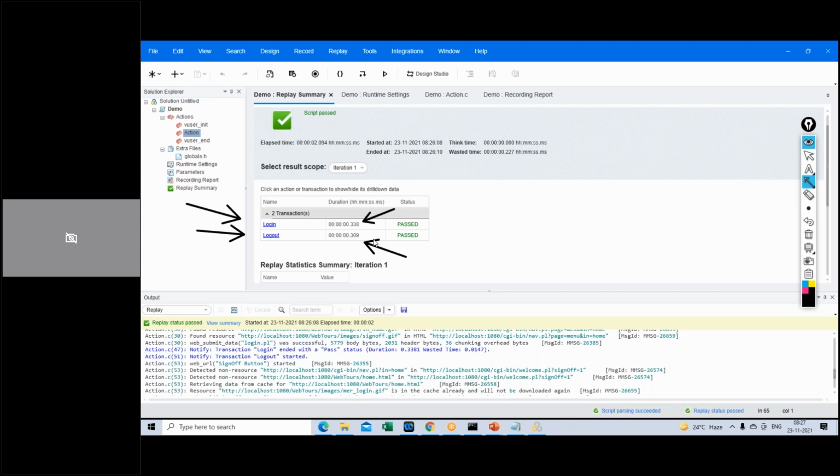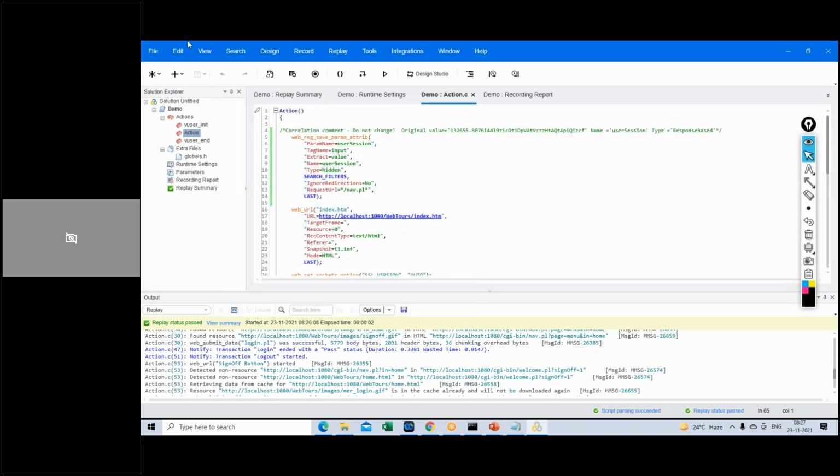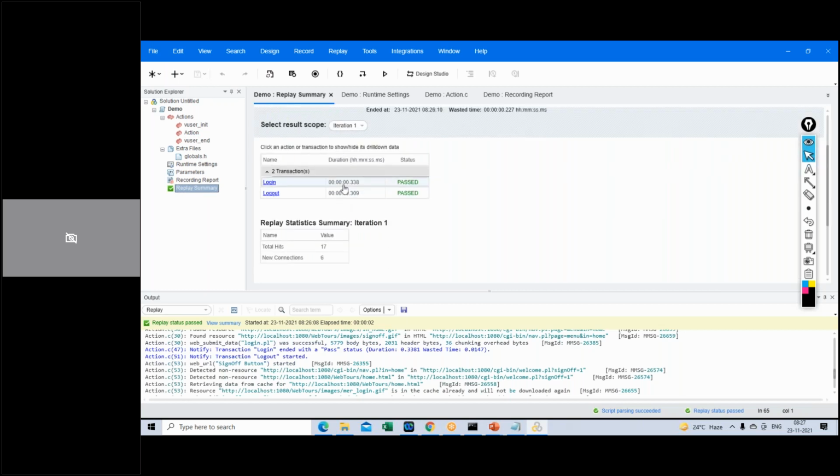And then this script, whatever script we have generated, will definitely help us with running with more number of users. For example, the same script I can run with 100 users or 50 users, because performance testing is all about testing the application under some load. So same script, if I test with 100 users or 50 users, then I have to verify these response times. That is the actual performance testing: verifying the application performance under some load.